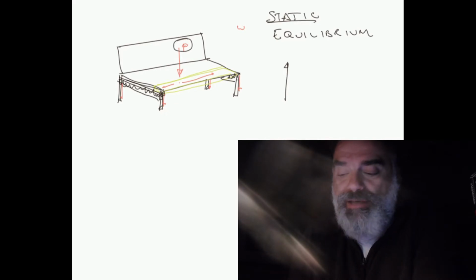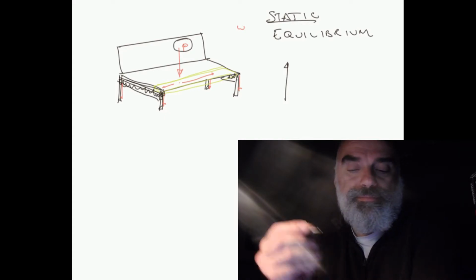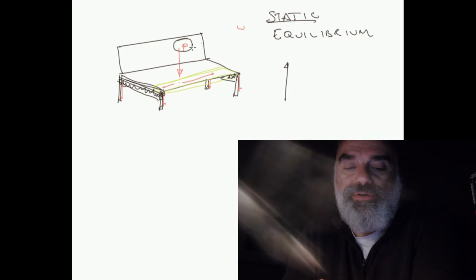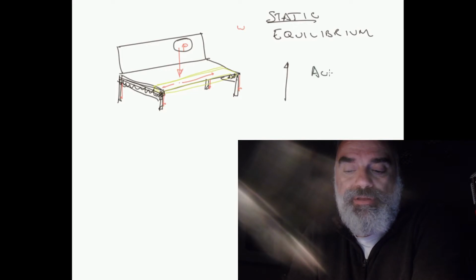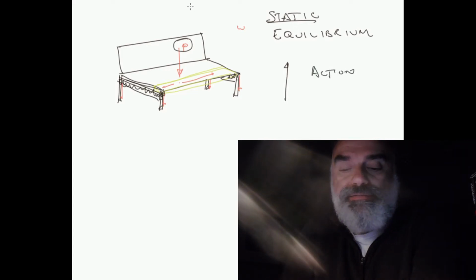And that will be made up of four reactions. So we call this weight of a person an action, and that's acting in this case in the downwards direction, or the negative up direction if we say that up is positive. So we need to have a reaction